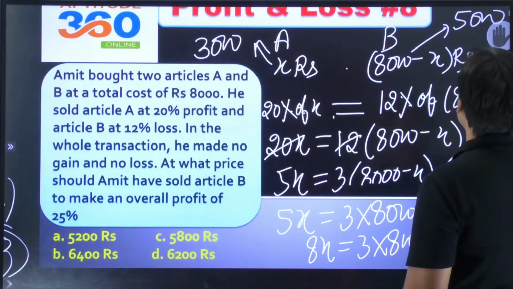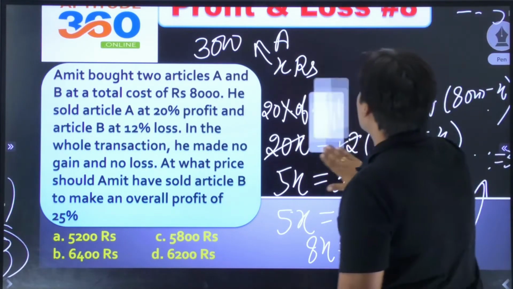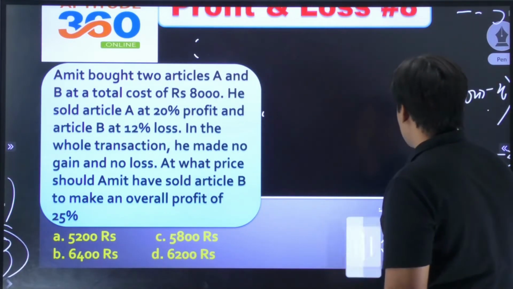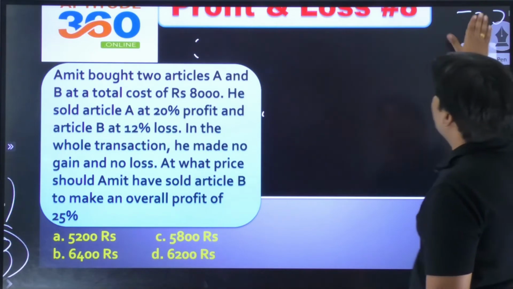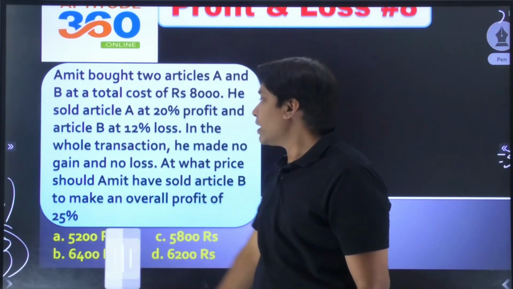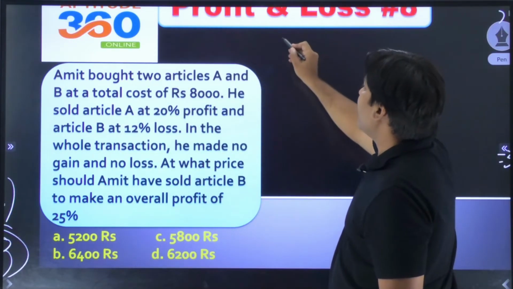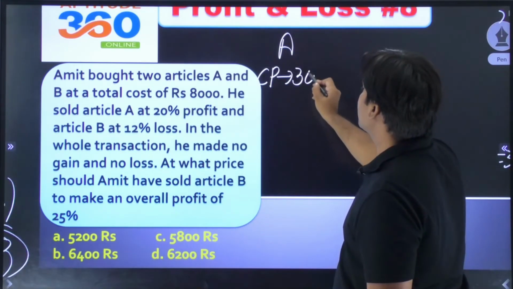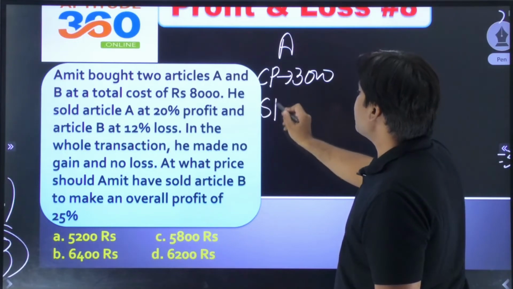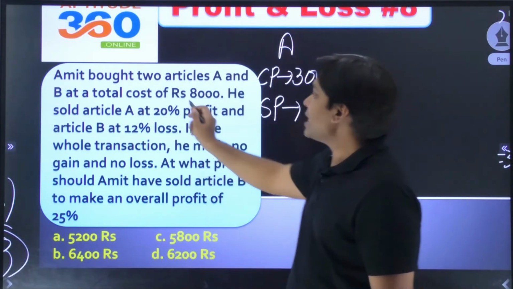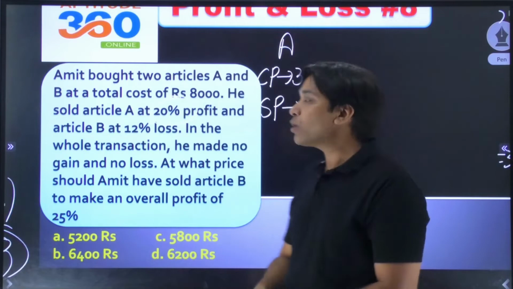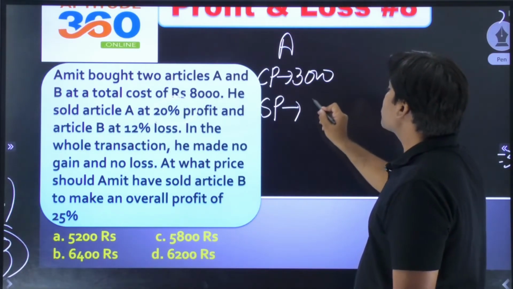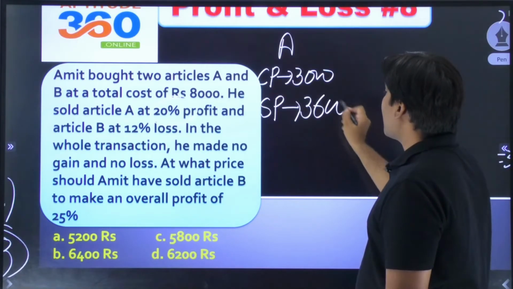नाउ व्हाट इज द प्रॉब्लम आउट हियर? ये प्रॉब्लम है ही नहीं जो हम अभी तक लगाने की कोशिश कर रहे हैं. अभी तक तो हमने ए और बी की कॉस्ट प्राइसेस निकाल ली है, यही है ना. अब वो कह रहा है कि मेरे को बी को कितने परसेंट प्रॉफिट पे बेच दो। CP of A is 3000 and selling price of A will have to be, because A is being sold at 20% profit, 20% of this is 600, so selling price will come out as 3600 rupees,